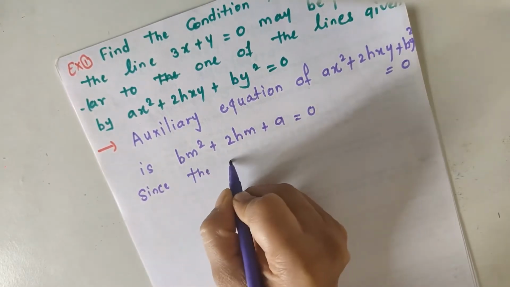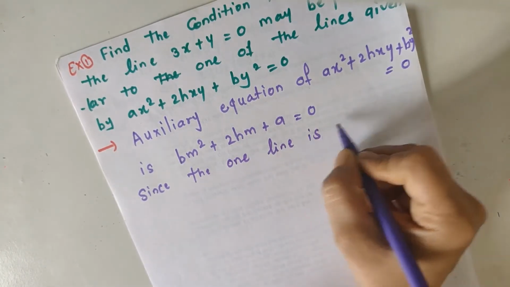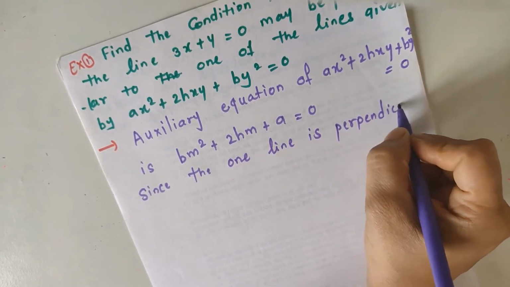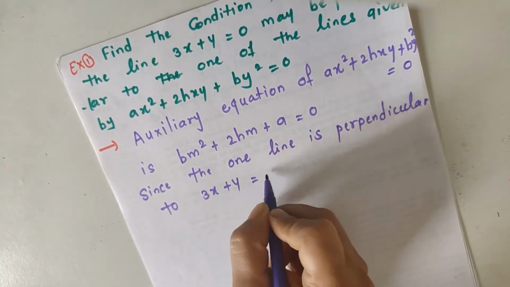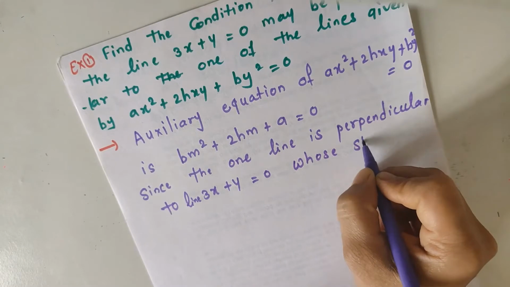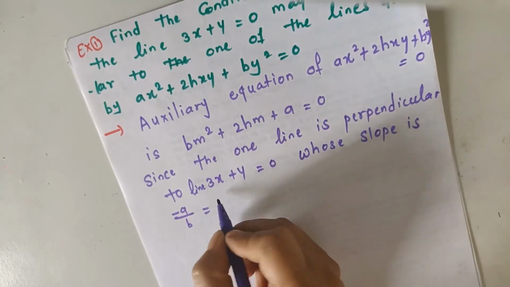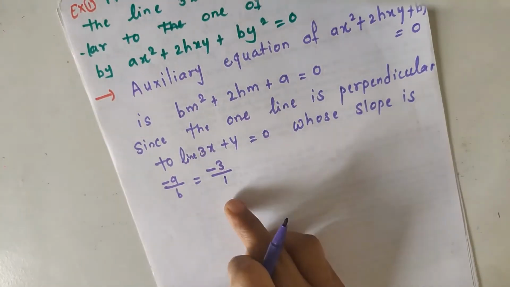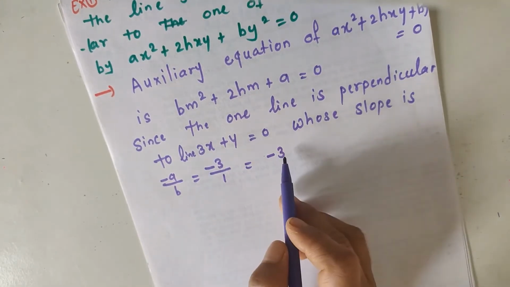Since one of the lines is perpendicular to the line 3x plus y equal to 0, whose slope is minus a upon b, that is minus 3 upon 1, coefficient of x upon coefficient of y, that is minus 3. So the slope of this line is minus 3 and